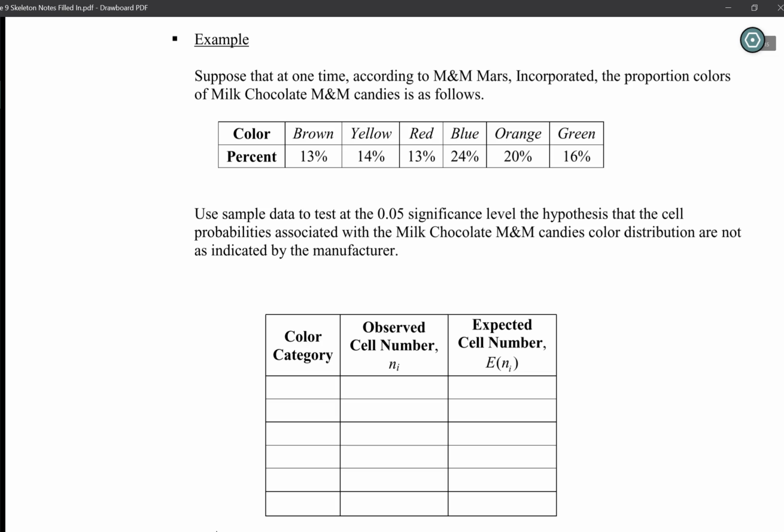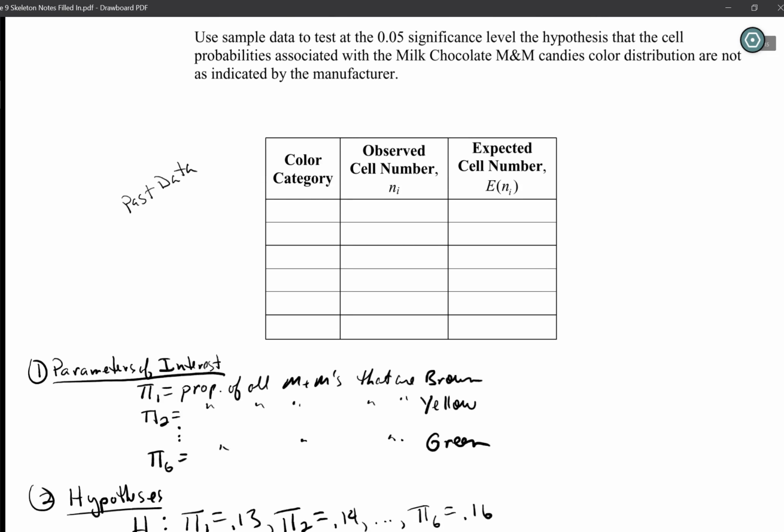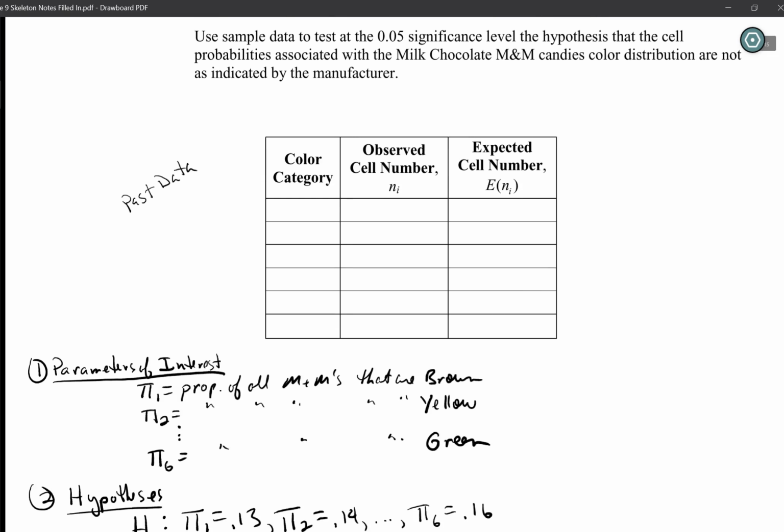I'm going to reference some past data from a past class where we did this problem, with each of the color categories: brown, yellow, red, blue,